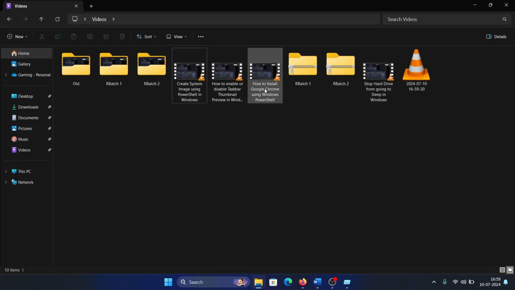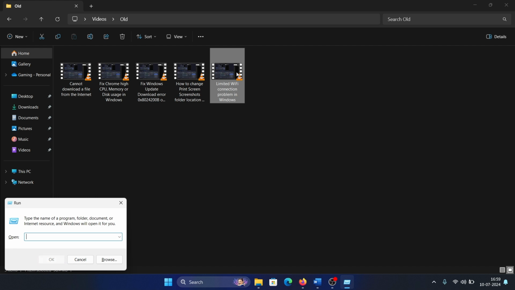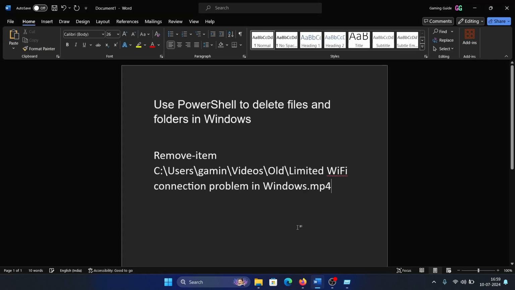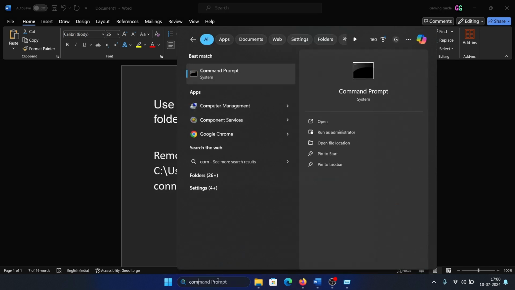So let's assume that the file is this one. I need to delete this file or a folder. It's the same process. Press the Windows key and the R button together. Delete anything that's inside the run window. Pull it here, and between the apostrophes you will find a path. Copy it and then paste it here, and then copy this, and then you can go open command prompt and